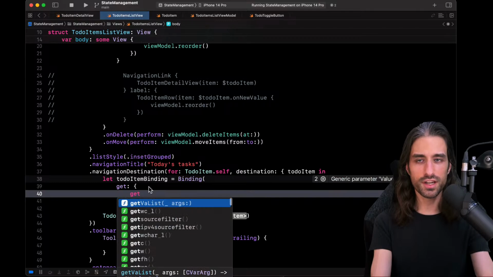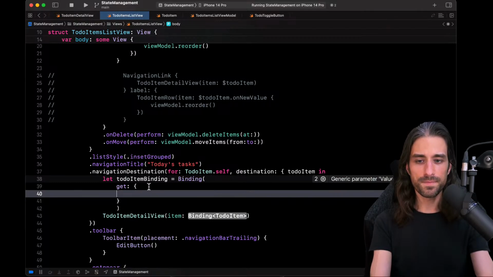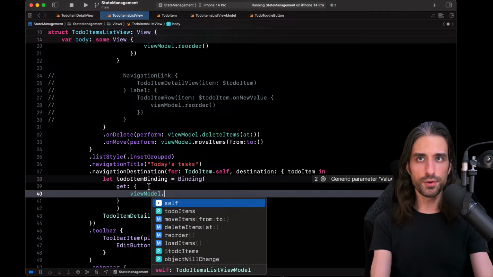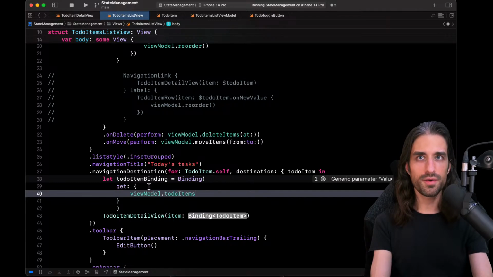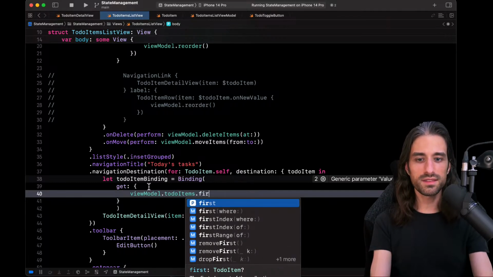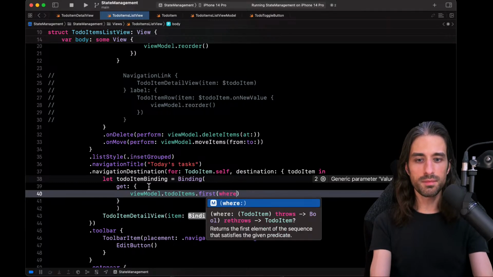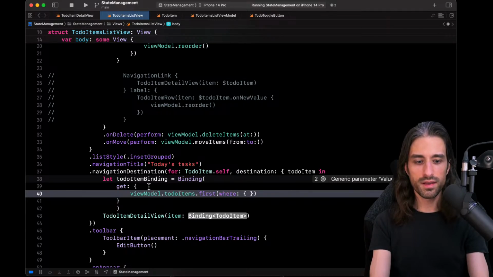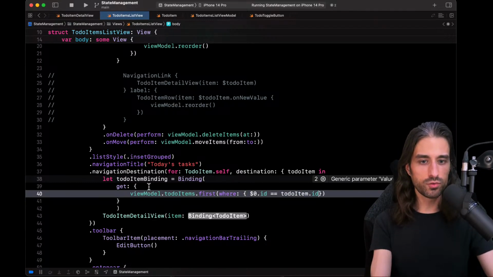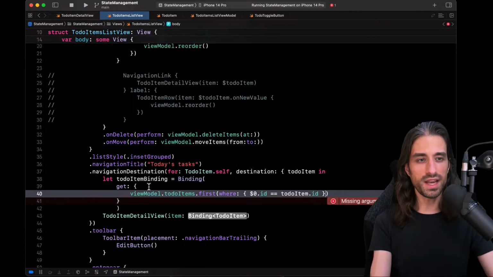So I need to have a closure here, and I will say, okay, I will access my view model, access my array of to-do items, and I'm going to get the first item where the ID matches the one of the argument I've been given by my navigation link.